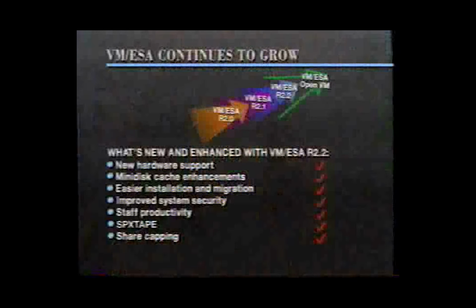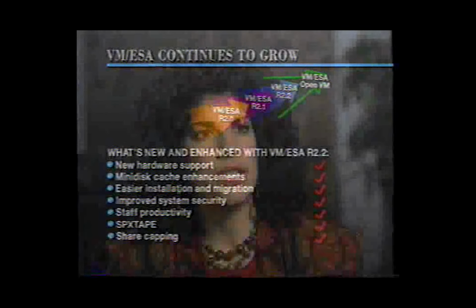number of tapes. There's a significant improvement that we've made to our scheduler, something that we call share capping. Essentially what it does is it puts a cap or a limit on the amount of CPU utilization that each user ID would get. And this would essentially prohibit, for example, a guest user ID from running away with the